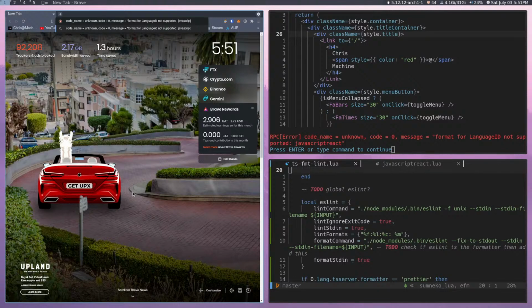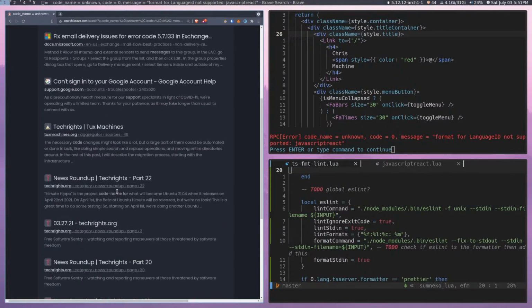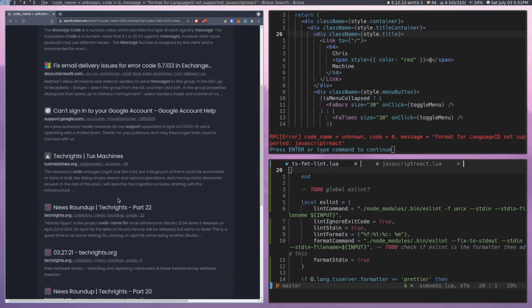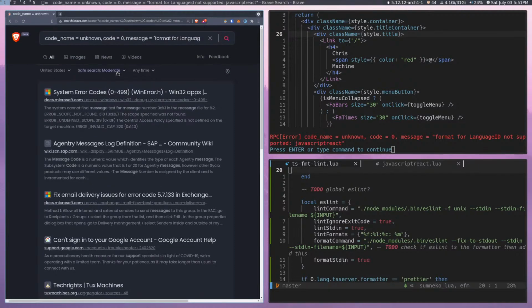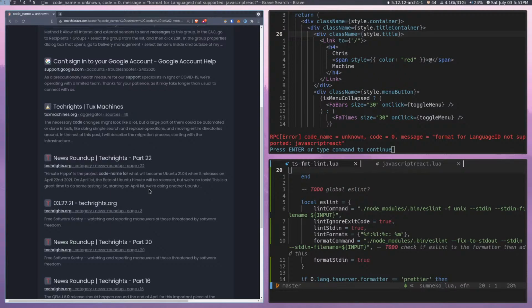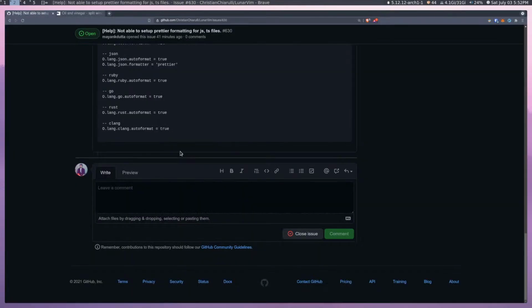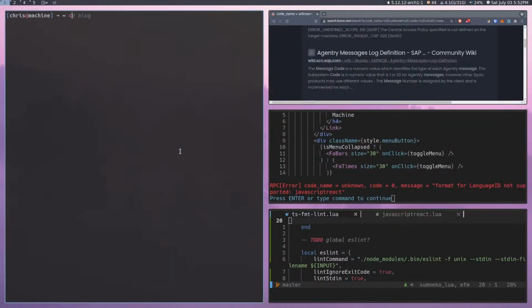JavaScript React. I was really hoping to get something for that. Can you do that? That'd be cool. Try to print Prettier version. All right. But it should be from the Prettier that I'm using, which I'm obviously using the one in node modules. So if we go into